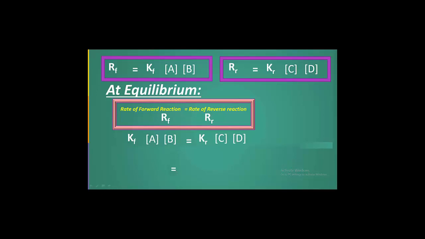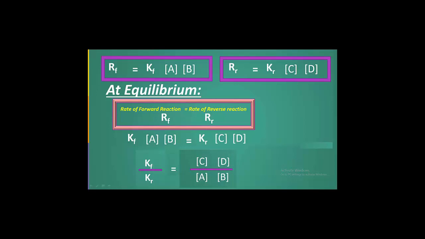So adding of these equations, Rf is equal to Kf[A][B] and Rr is equal to Kr[C][D]. Then we get Kf over Kr equals [C][D] over [A][B]. Dear students, you can see in the equation that the constant of forward reaction and the constant of reverse reaction are in